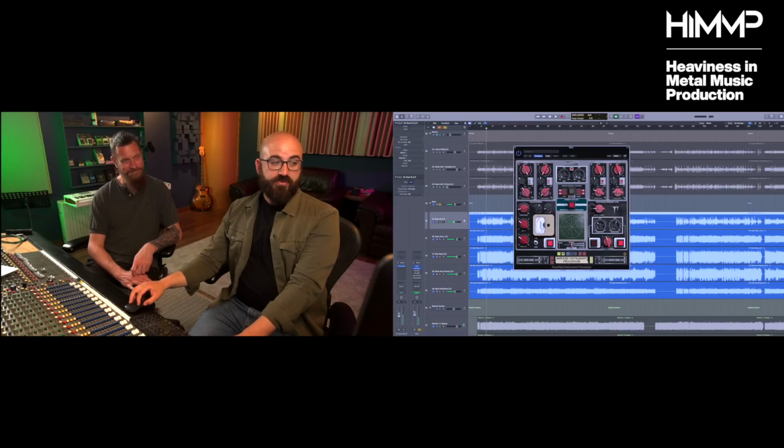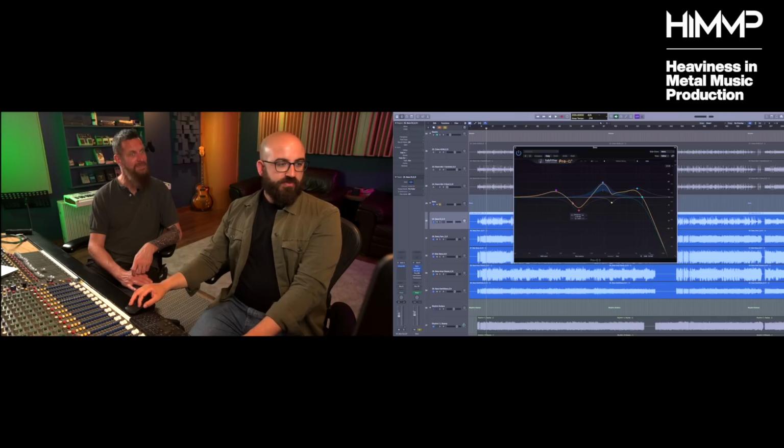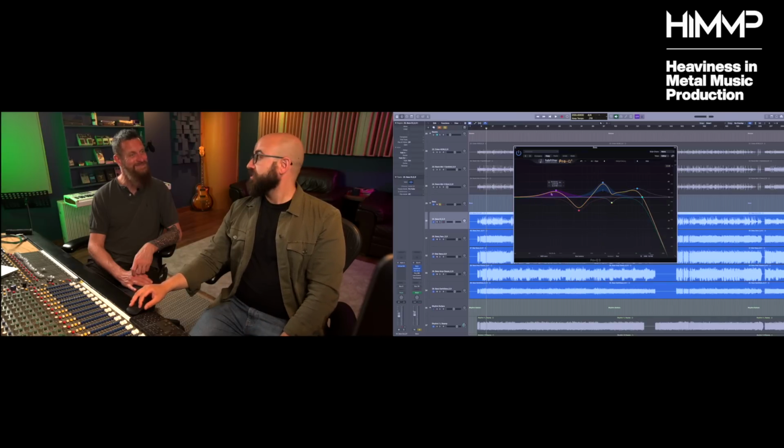I should add also it's low passing all the way down to 6K. Right. Yeah. So that's reducing quite a lot of top end. So I'm using just like a console channel strip kind of thing. Here we've got a whole mountain range of EQ, so that's revoicing the low end, making sure it's got plenty of 80 hertz energy, reducing the 250 mud zone.